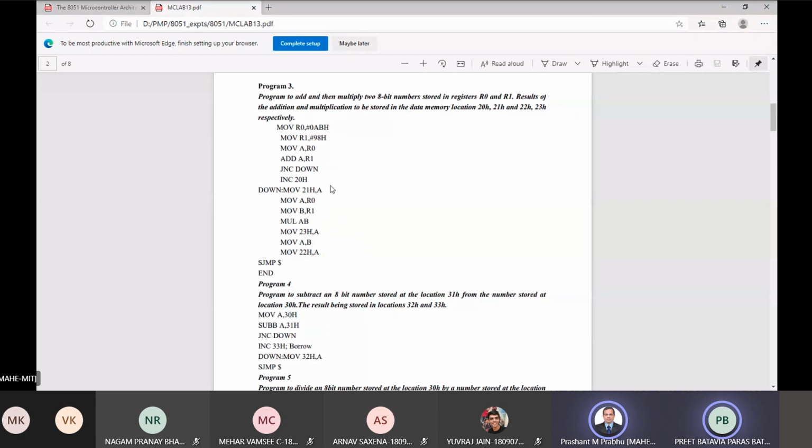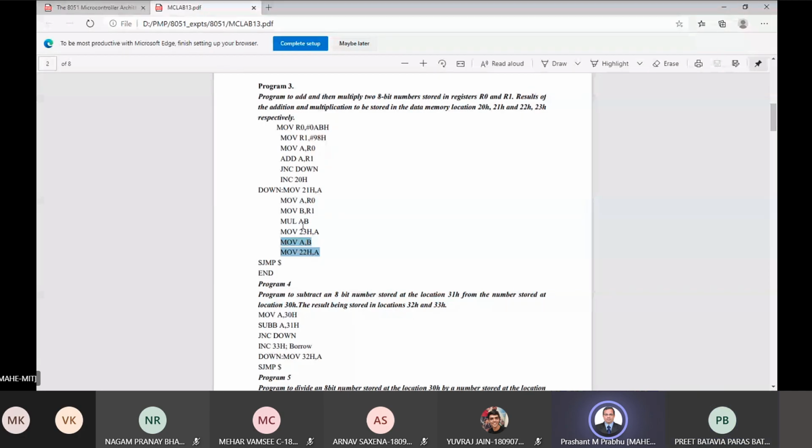Yes, sir. So the logic I understood everything, but just in the last part where we do MOV A, B and MOV 22H, A. Sir, why are we not doing directly MOV 22H, B? Yeah, you can do. It's an unnecessary step, right? Is there any possible logic behind it? Now the result is here.